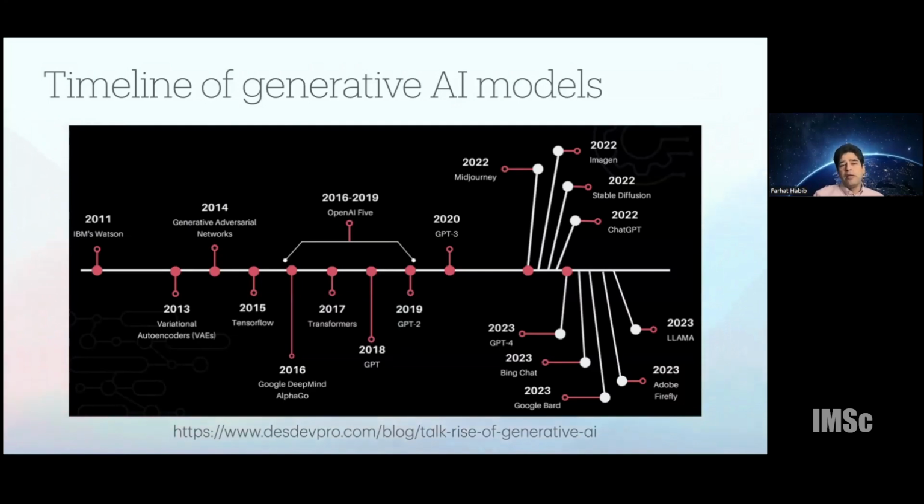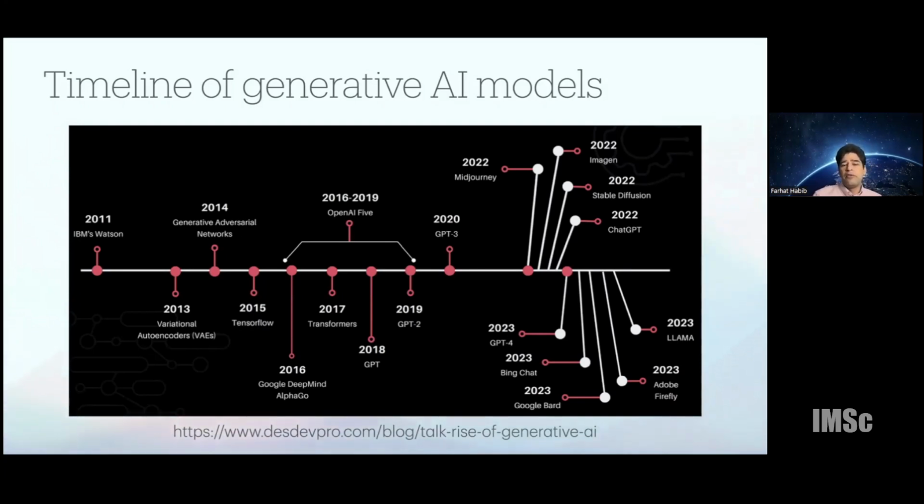Then in 2014, Google's Dr. Ian Goodfellow came out with generative adversarial networks. And these were very exciting for several years. A huge number of variants of generative adversarial networks came around that were optimized for a lot of different use cases. In 2017, the big paper called Attention is All You Need came out, which introduced transformers. And that has been the bedrock of a lot of generative AI following since then.